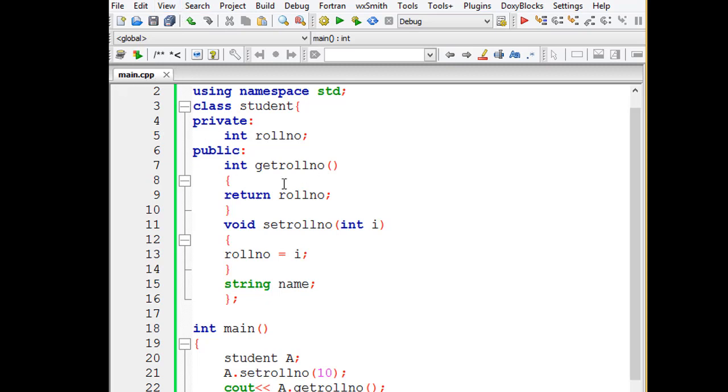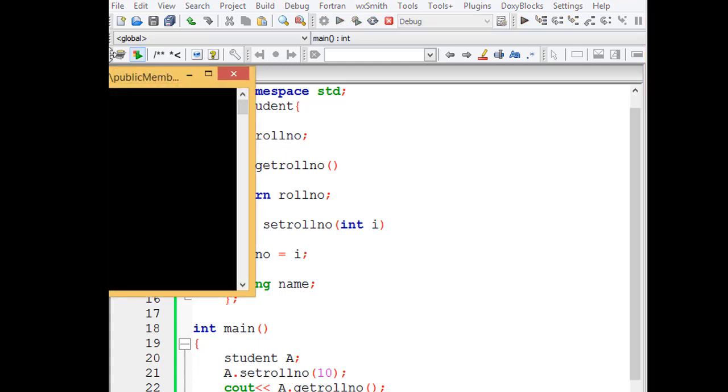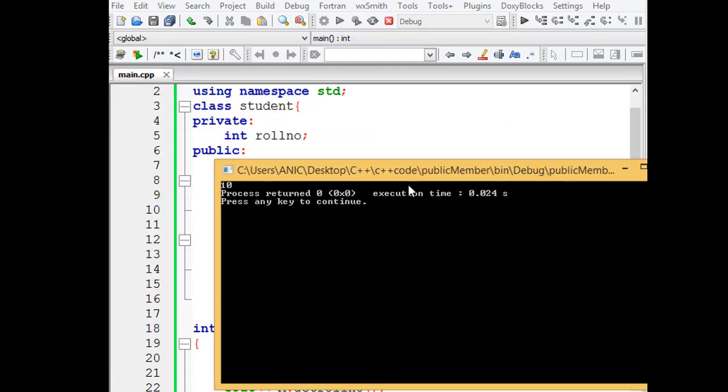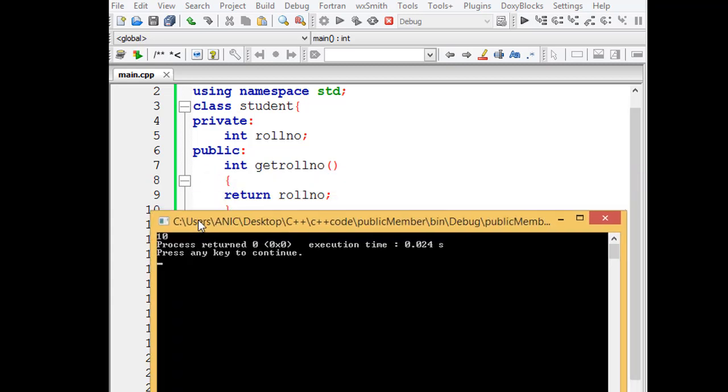We compiled, and as you can see, the error is removed. Now let's run it, and here is the private member, that is 10. So you can see the result is 10. In this way we access the private members of a class.